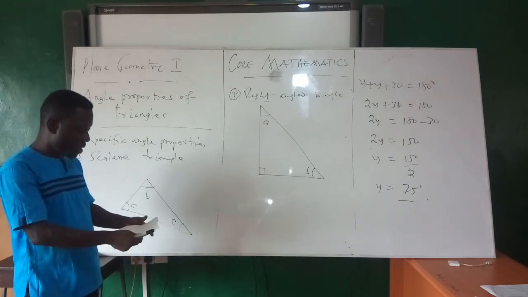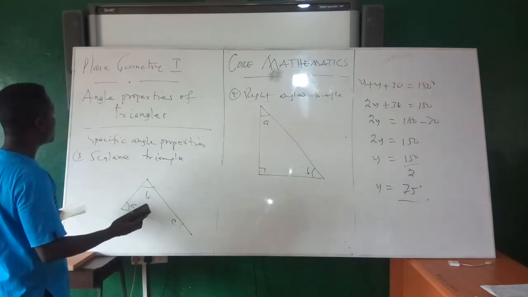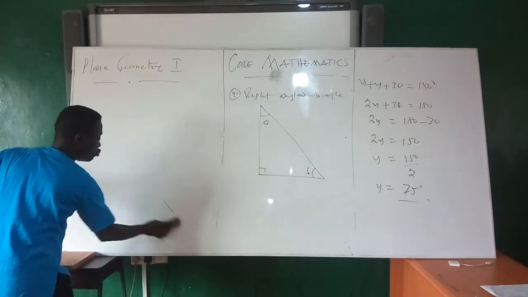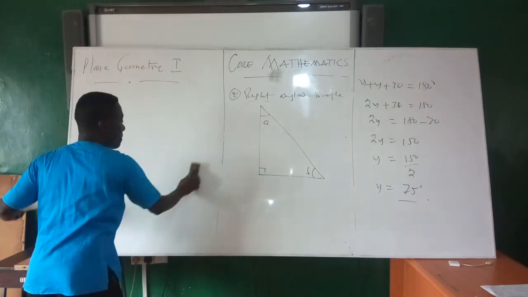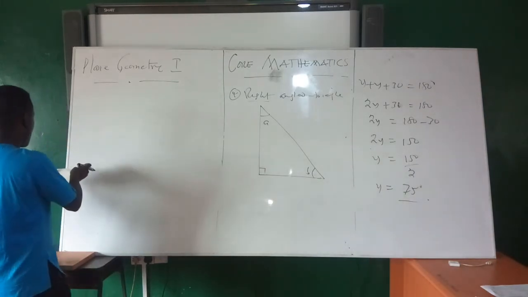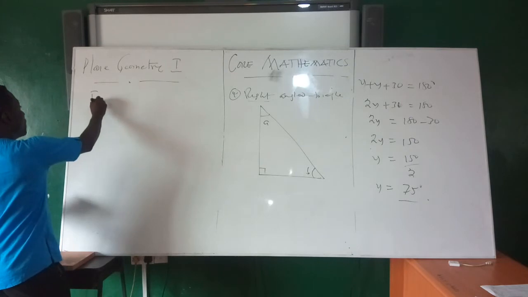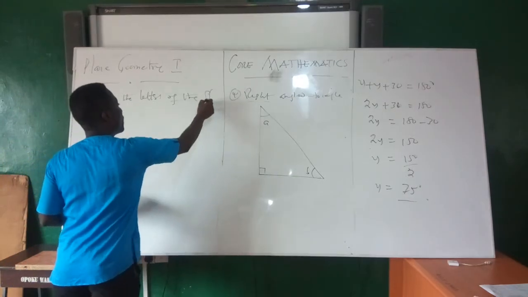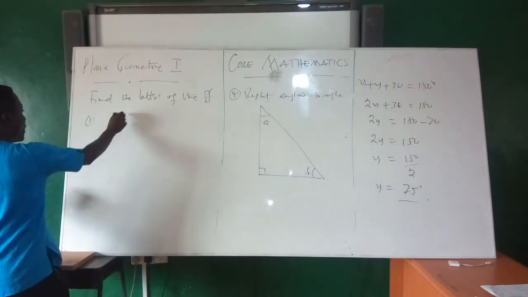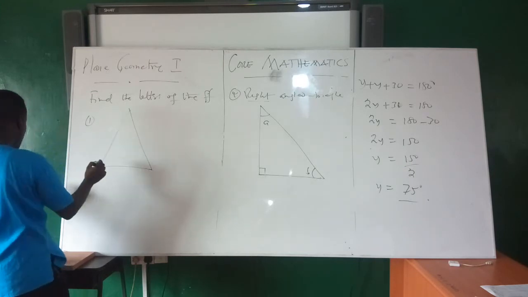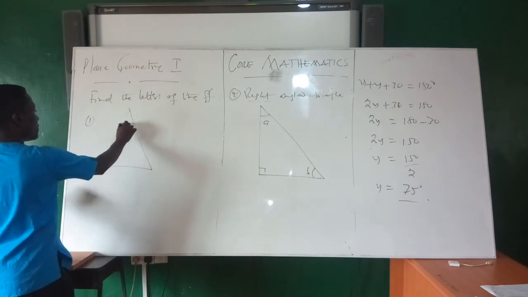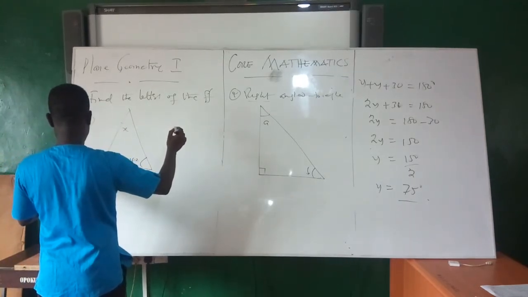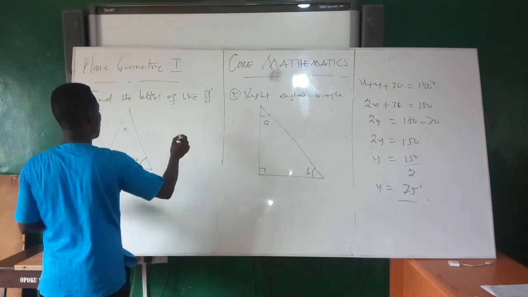Now before I go, let's quickly look at some examples, and then I will leave you with 1 or 2. Find the letters of the following. So we have something of this nature. Number 1, so for this one,